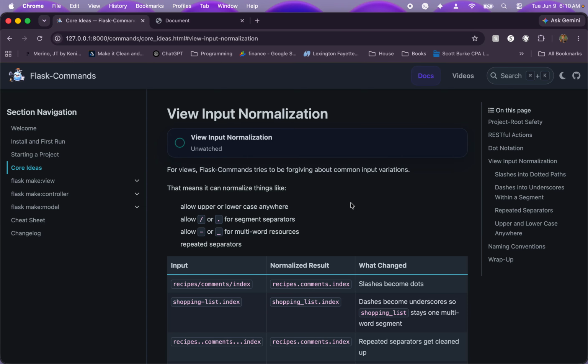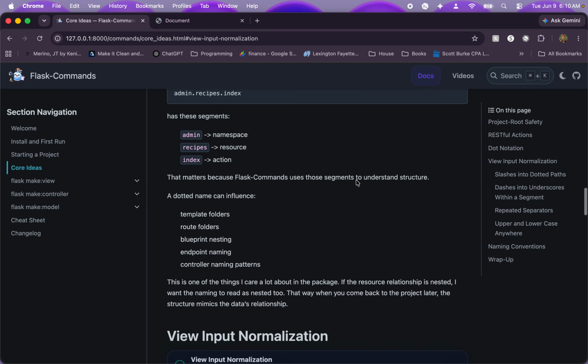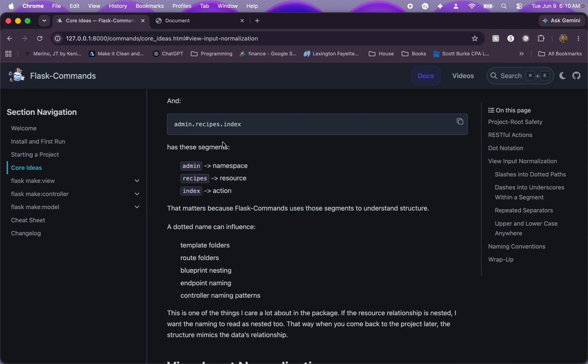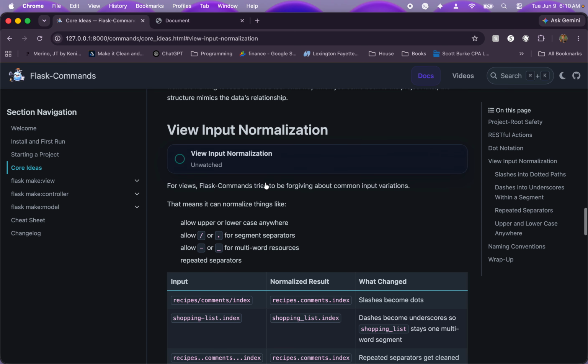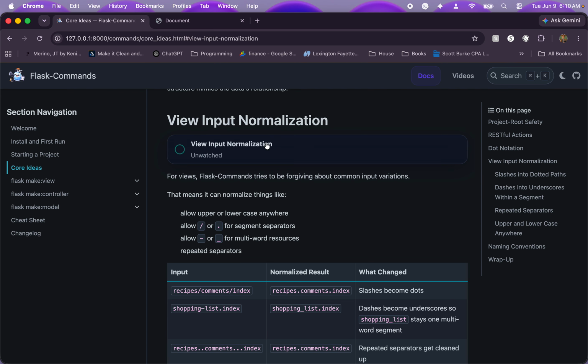All right, welcome back. So we just talked about dot notation and how with dot notation you have segments, and a segment can be like a namespace, a resource, or some kind of action. Now I want to talk about view input normalization. So when you're doing a file make view,